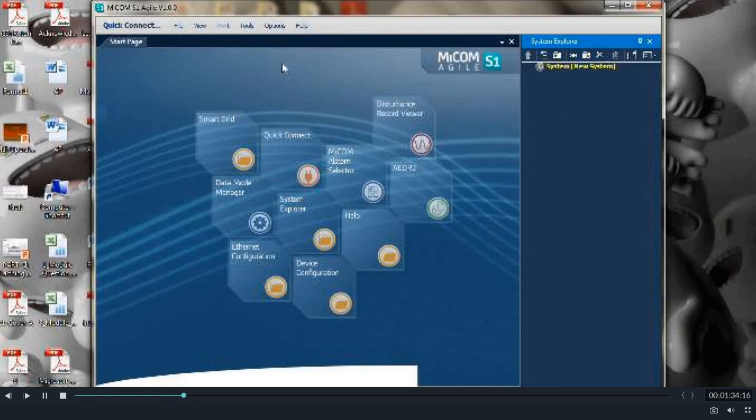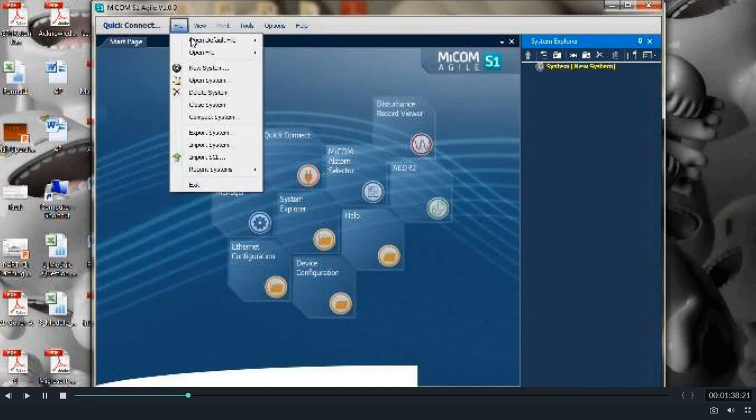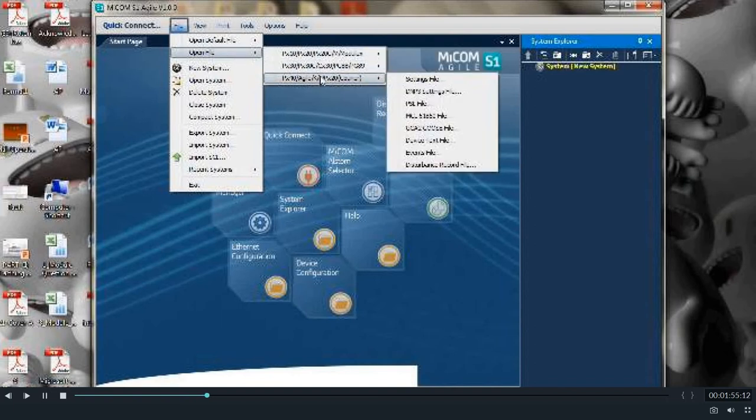Now we shall see if there is already an existing DR file in your computer, how we can open that and analyze that. We shall go to the files first. There we shall find the open file tab. From there we get the extension for opening a DR file of P442. We shall have to go to the P40 extension, and there also we shall observe there are so many options.